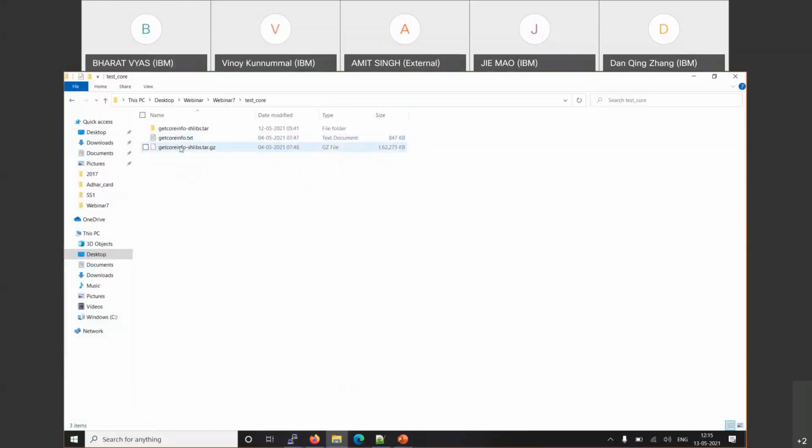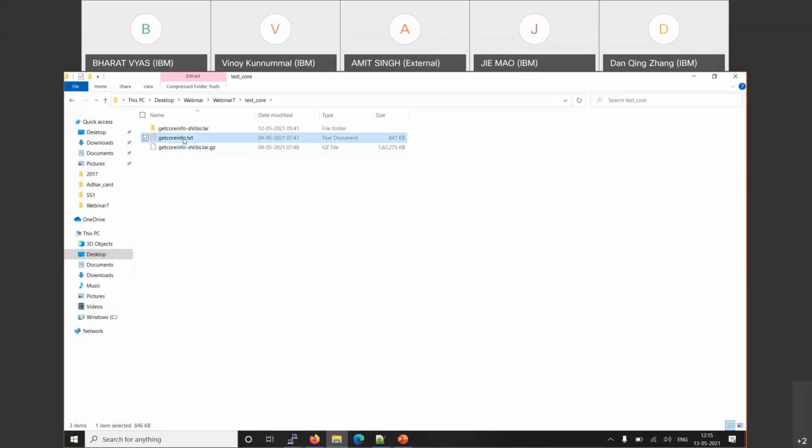It will generate two files: getcoreinfo.txt and getcoreinfo shlib.tar.Z, a zip file. The text file has the call stack, and the zip file has the core file, executable and the library files.